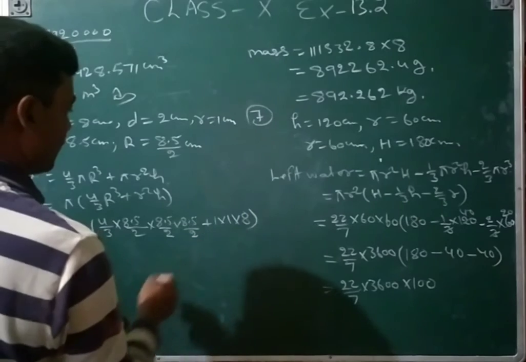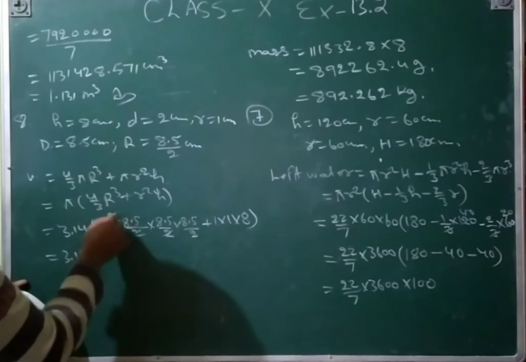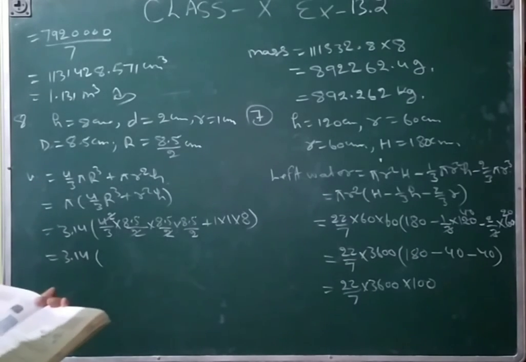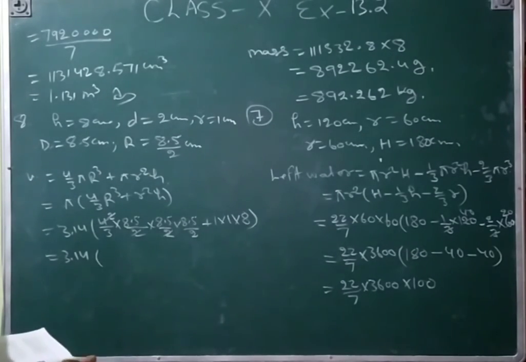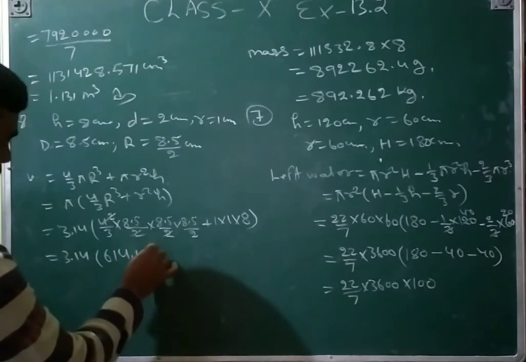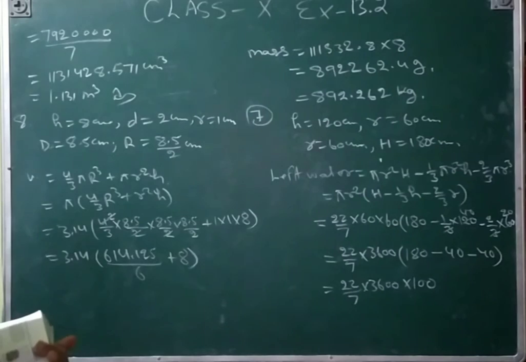into 8, and then after 3.14, 2 2 is 2, I cancel by 2, so that will be by 3 that will not be cancelled, so 3 2 is 6 will come here, that 614.125 upon 6 plus 8, that is 614.125, by the cancel of that one, that will be 102.25,